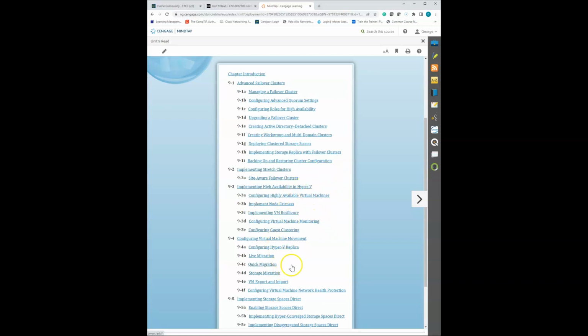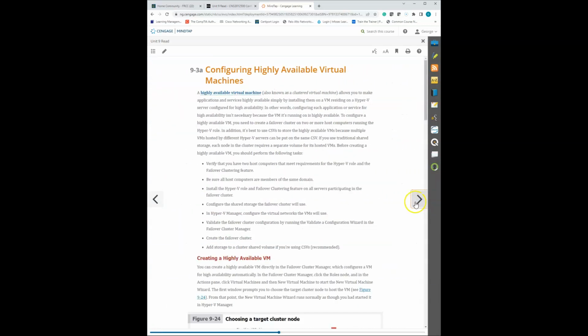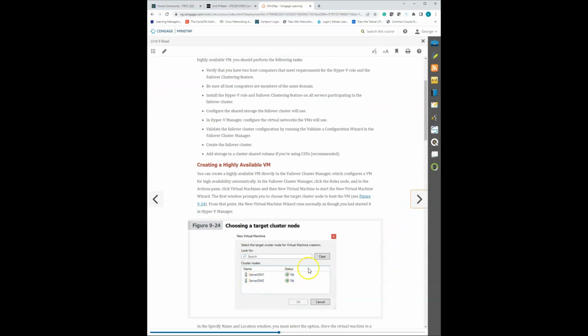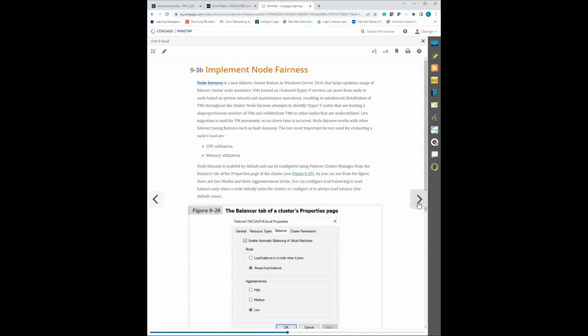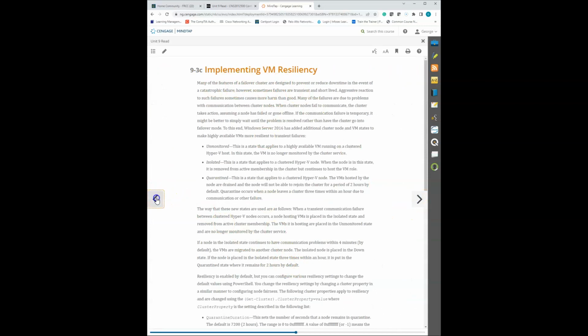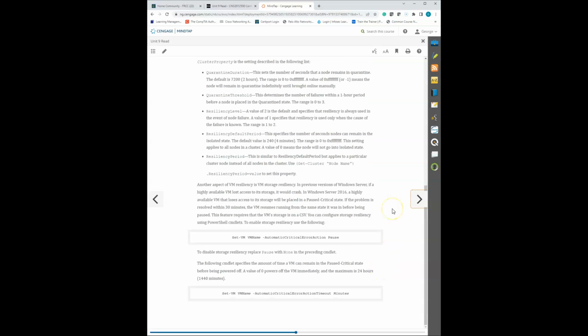When we get into Hyper-V and virtual machines, they've come a long way. We have some virtual machines within Hyper-V in the server environment. A great example is when we look at implementing resiliency and node balance. You get into how easy it is to take a snapshot of a VM and say that VM has a backup, and that backup is the snapshot that we took Sunday. It should be like a full backup and then a snapshot taken on Sundays, on non-business days, to include that period. So here we have setting VM for resiliency, storage,